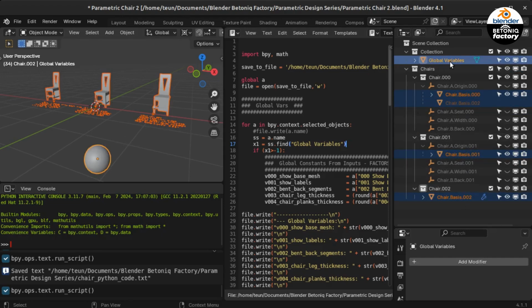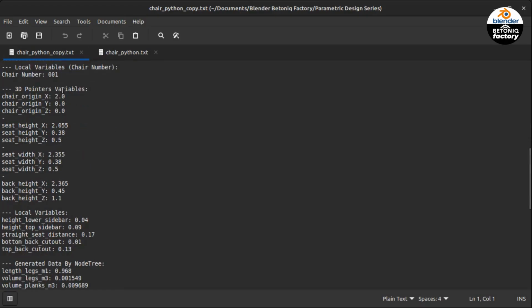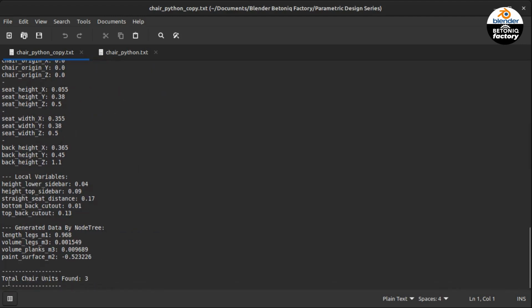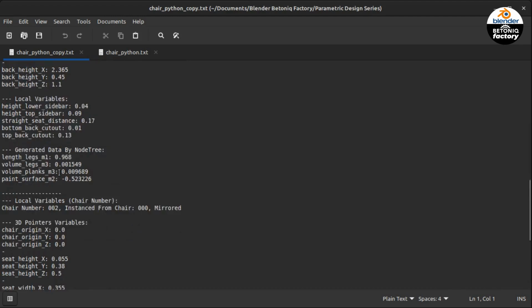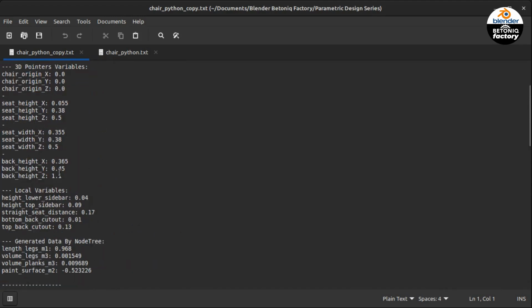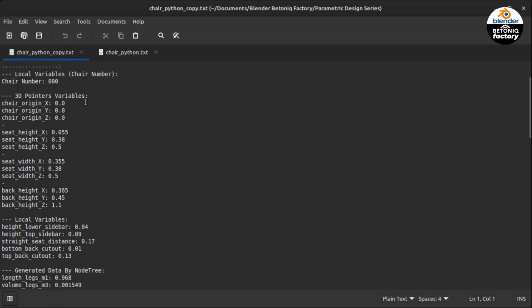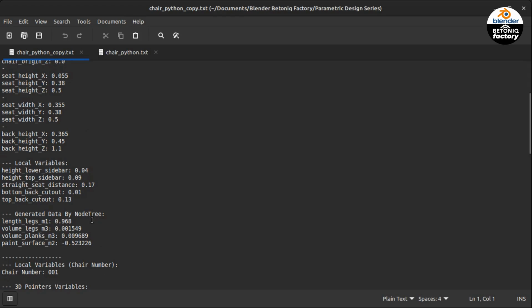This is because only the selected objects are processed in a Python run, and the names of the empties will crash the running script. When all that is done without flaws, you will see that Python can generate a .txt file that shows all your input data. This file shows all your 3D pointer data and all your local and global variables. Because the Python script can also access the stored named variables, you can now also see these results in your